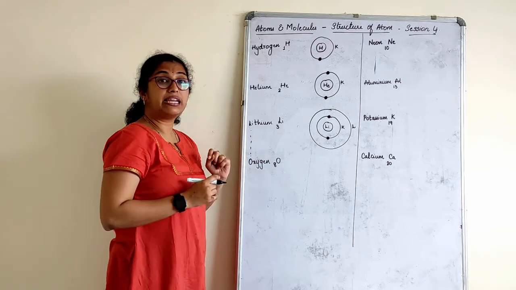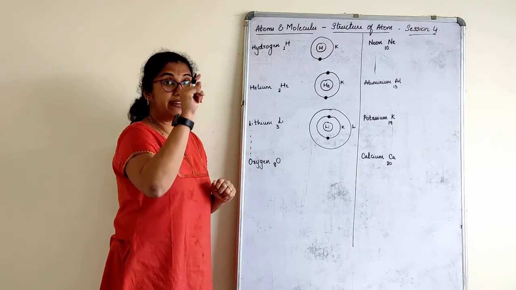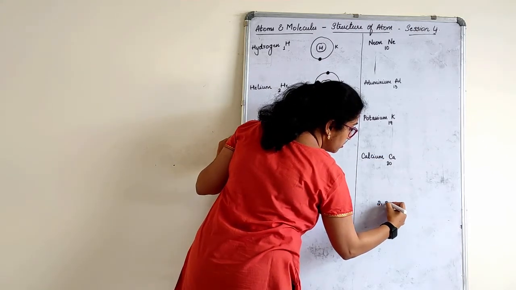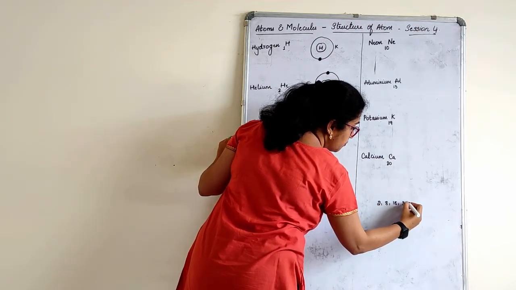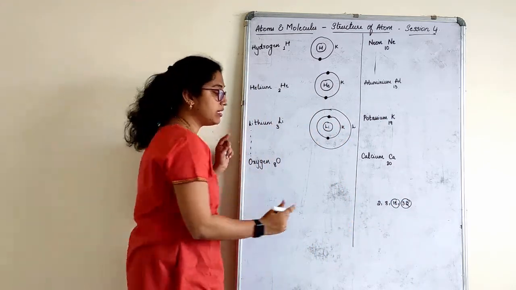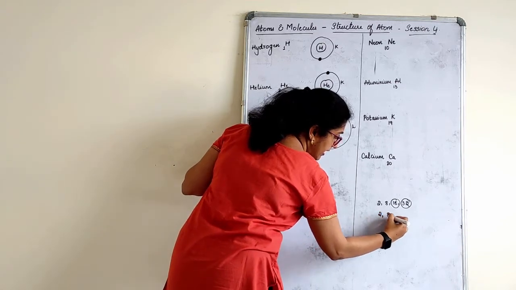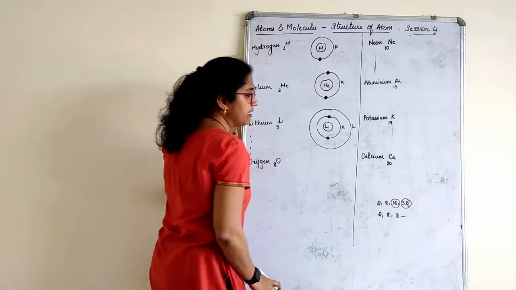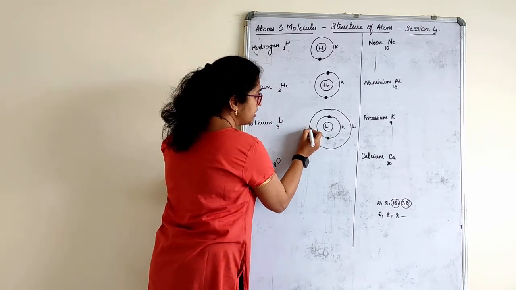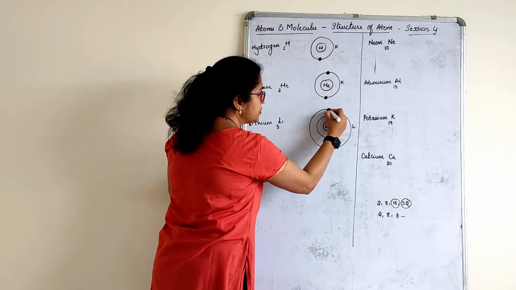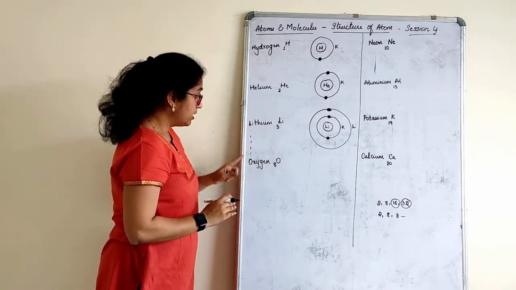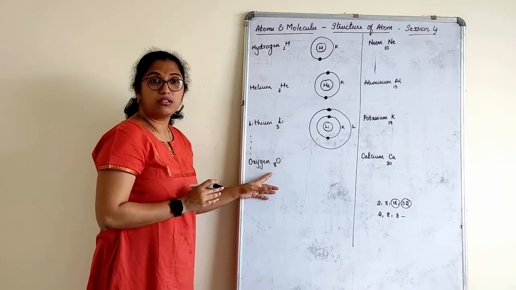Right? L shell can accommodate how many? Total 8. We know that. Remember that. The technique is here 2, 8, 18, 32. But actually 8 and 32 you can't fill completely. It is again 2, 8, 8 only. You will understand that later, children. So it should be 3. Put 3 wherever you want. It's up to you. Count. 1, 2, 3. Complete.